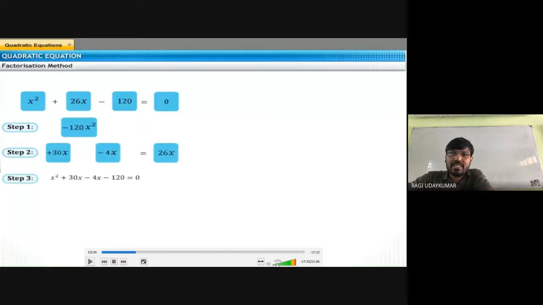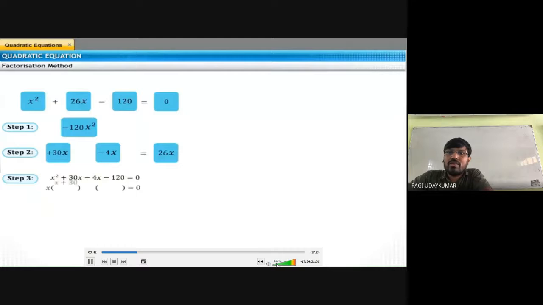See here, when you say take the 30 and 4, sir, why only 30 and 4 are you taking? Because whenever you add 30 and minus 4, you get plus 26, and multiplying plus 30 and minus 4 you get minus 120. So there you have to split that into x square plus 30x minus 4x minus 120 is equal to